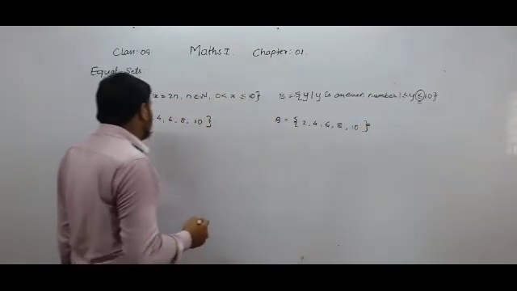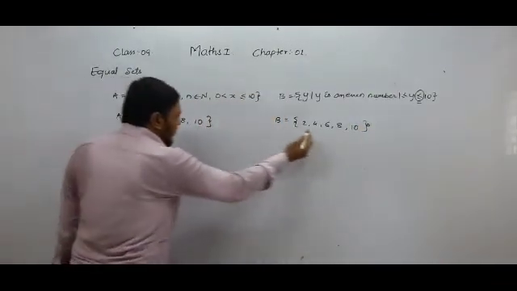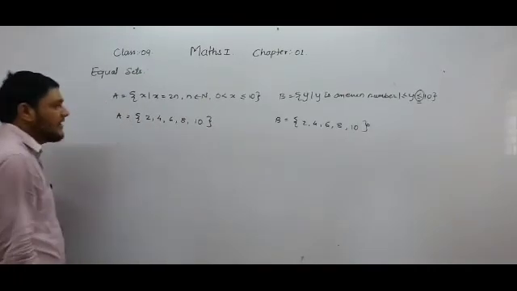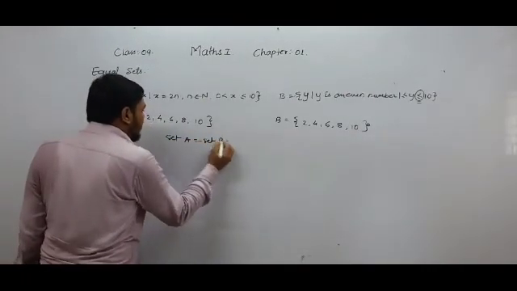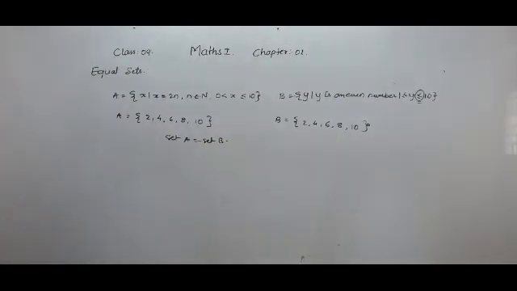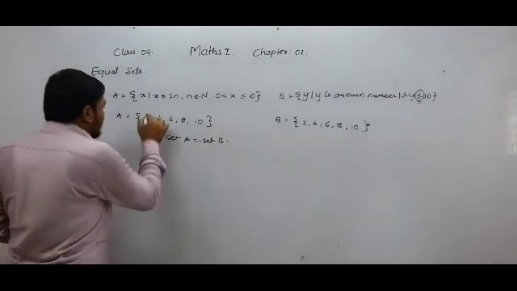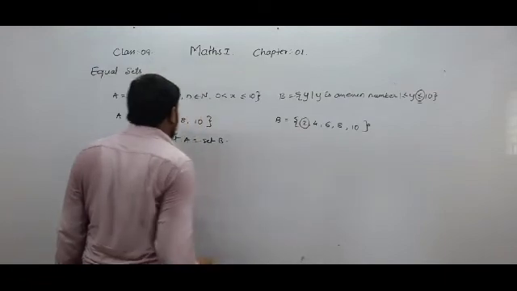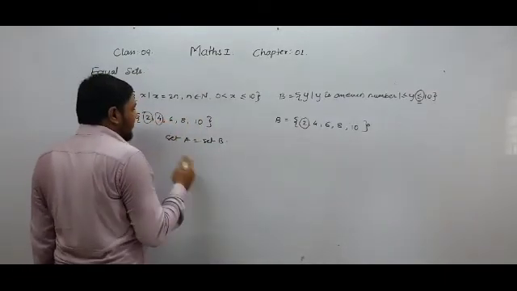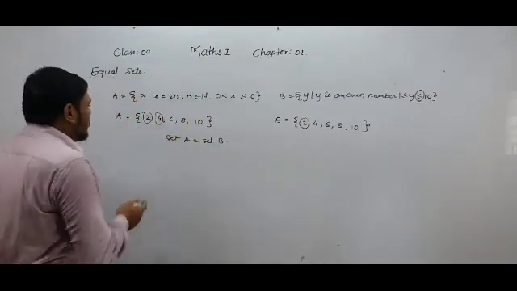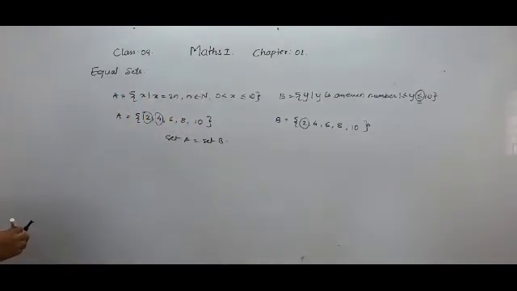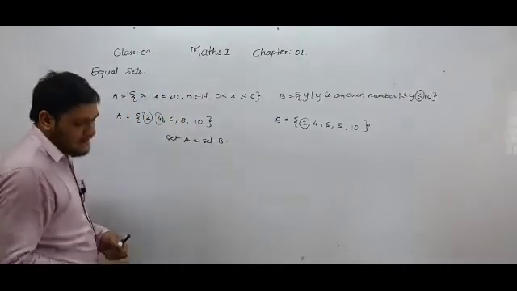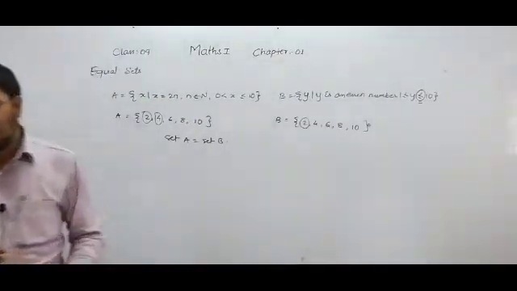So if you notice, all the elements of set A and set B are identical. So here set A is equal to set B. What is the reason behind this? Set A is equal to set B because 2 is there also in set B, 4 is also there in set B, 6 is also there in set B. So all the elements of set A are the elements of set B, that is why these sets are called equal sets. Now we will consider the next example.